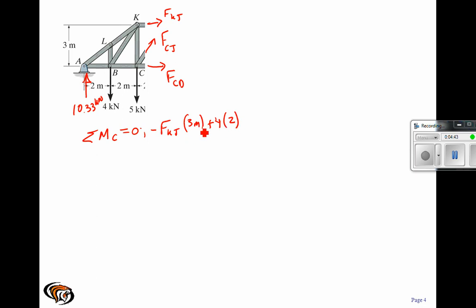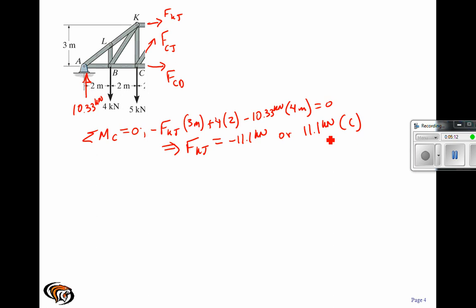And then the reaction at A produces a negative moment of 10.33 kilonewtons times 4 meters, from which we get the force KJ equal to negative 11.1